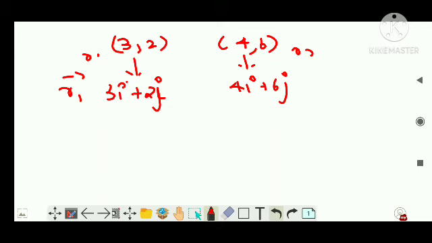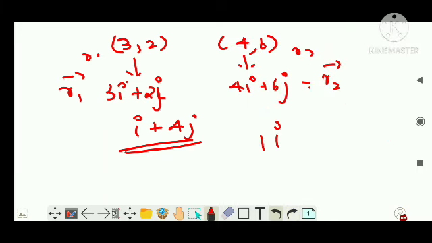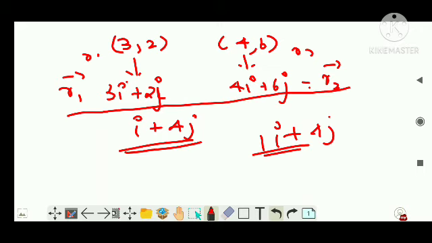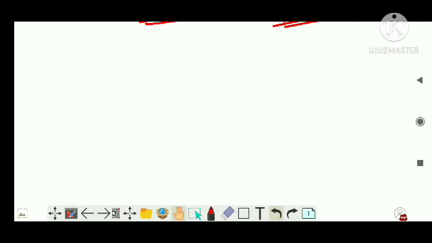This is r1 vector, this is r2 vector, r2 minus r1. I will take 4 minus 3, that is 1 i cap, plus 6 minus 2, that is 4 j cap, right? And you will write this answer straight away. But don't go for this section in your NEET examination. In the NEET examination, just write 4 minus 3 is 1, that is i, plus 6 minus 2 is 4, straight away. But in school examination, steps are required. Clear? So keep that in mind.